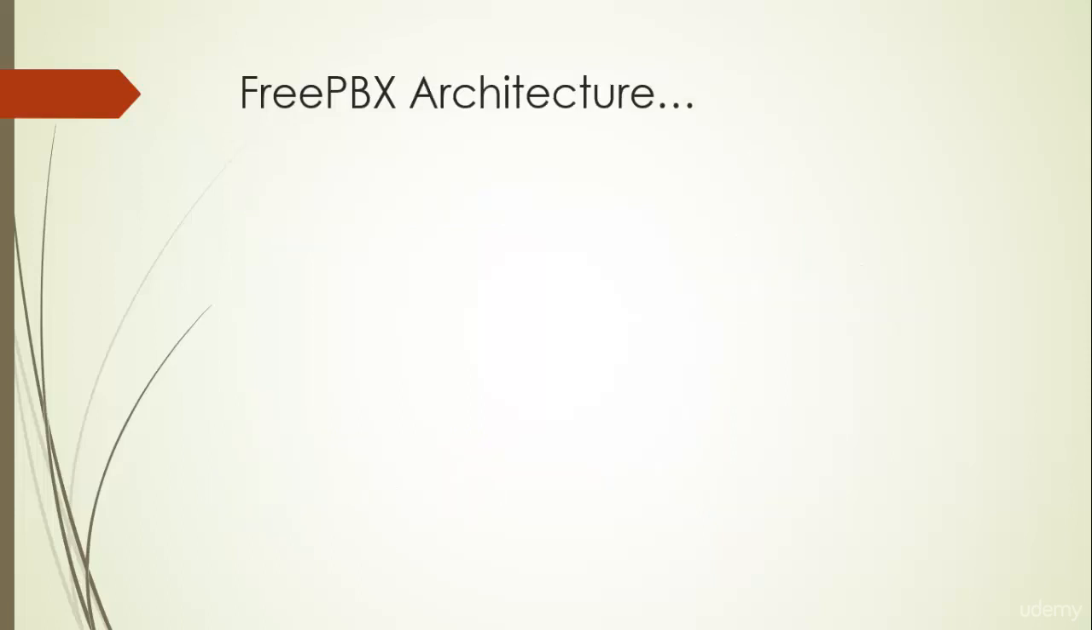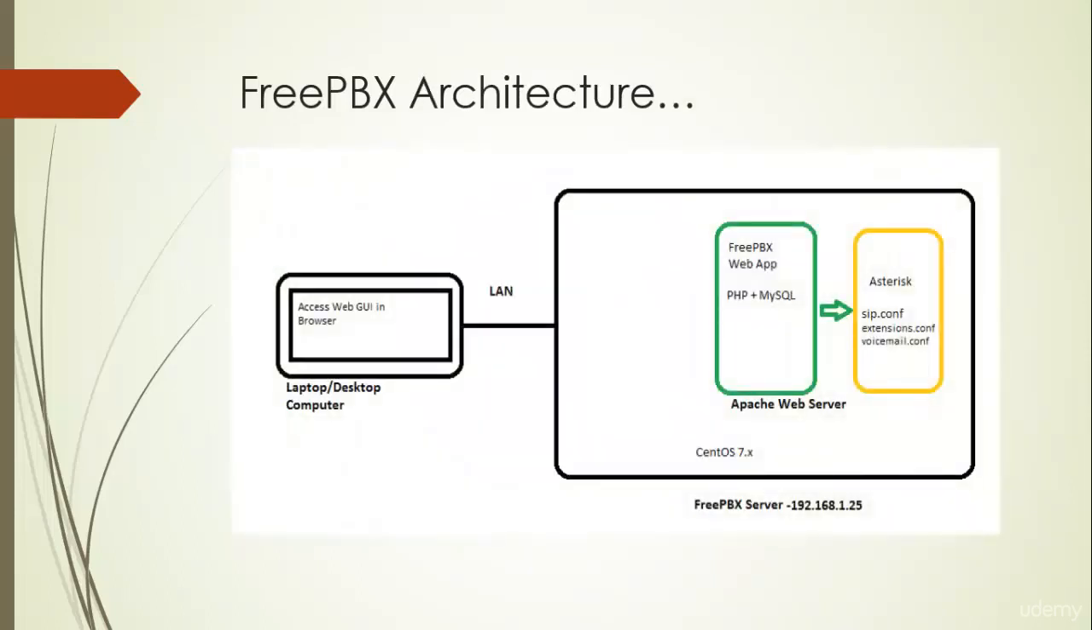Now this is the FreePBX architecture diagram, and as you can see, we have FreePBX on CentOS 7 as the server. Then we have Asterisk, and Asterisk has its own configuration files. For example, whenever you are configuring a SIP channel, you use the sip.conf file. Similarly, you have the extensions.conf file, or voicemail, etc. So it depends on the feature you are configuring in Asterisk. Now one way is that you can directly edit these files and reload them, and then you'll be able to configure